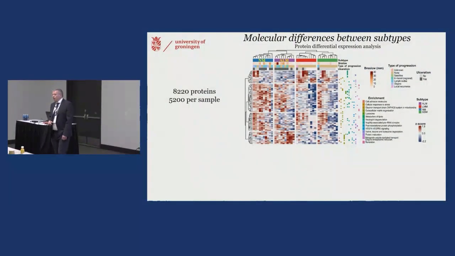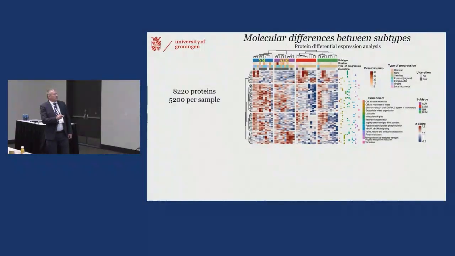We have then performed differential expression analysis using lasso and logistic regression. And here you can see the differential compounds between, here I put the two aggressive melanomas, nodular and acral lentiginous melanoma. And here you can find all the enrichment, which is characteristics, here the clinical parameter as well. You can see that both the nodular and the